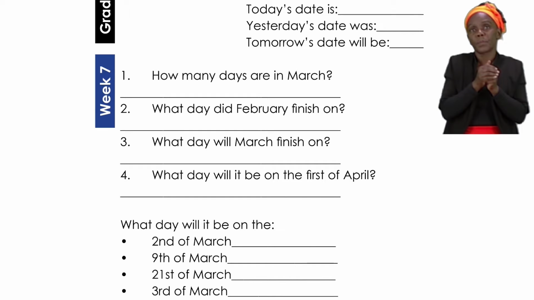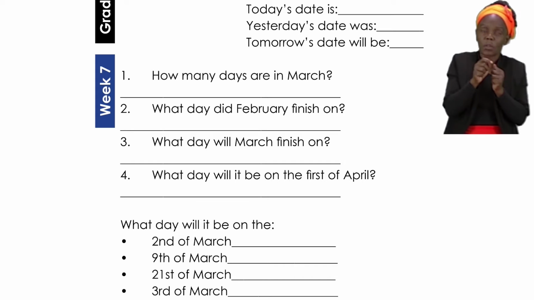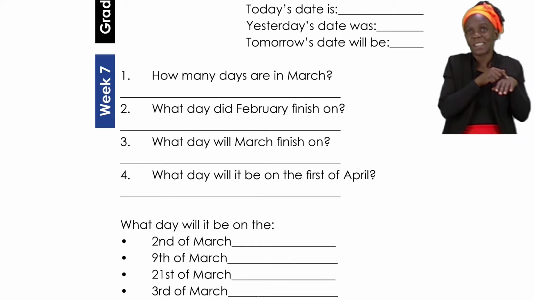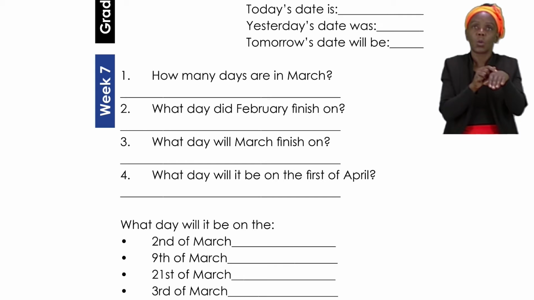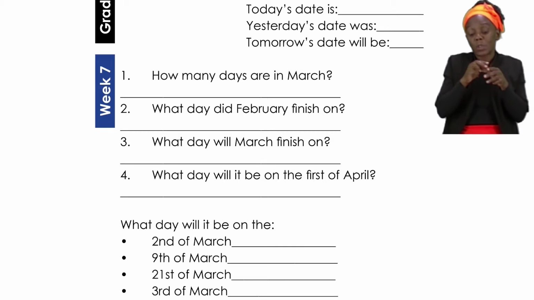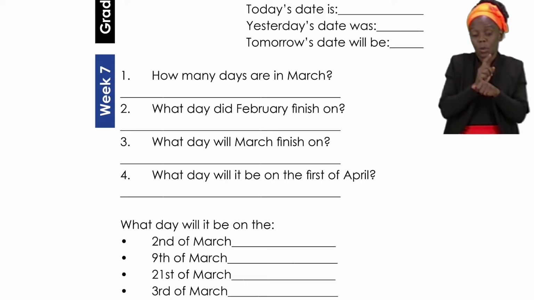For the next two, you now need to put in the day that was before today, which is yesterday's date was. And then you will write the future date, which is tomorrow's date will be. So these two answers all depend on the day that you write. And when you do this exercise, perhaps it may not be March, but you can also write the exact date for today. If you're still not sure, you can take the calendar for the day, the number, the month, and the year.